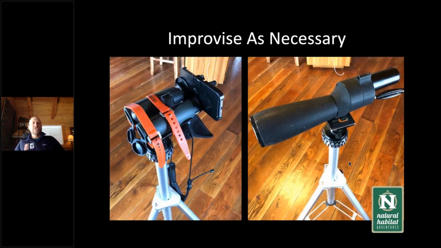Now, I want to encourage improvising as necessary. So the image on the left, you can see I had an old tripod and scope that I've had around for a long time. If you primarily are taking photos through your binoculars, if you don't have a spotting scope, you can always attach your binoculars to a stable surface or to the head of a spotting scope. In this case, I used a couple ski straps just to hold my binoculars in place. That way the vibration is taken out of the picture and you can get a crisp photo through your binoculars without an